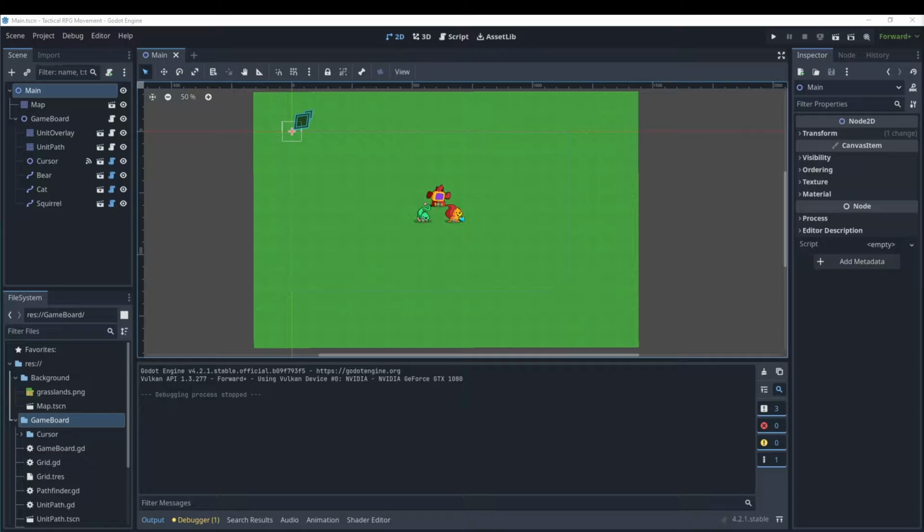Now this is being built off of GD Quest's tactical RPG movement series, so I highly recommend that you give that a look before watching this video. You will need to download their Godot 4 version of the project from GitHub, which I have linked down below with other useful links as well as the link to the GitHub repository where I have completed the code from